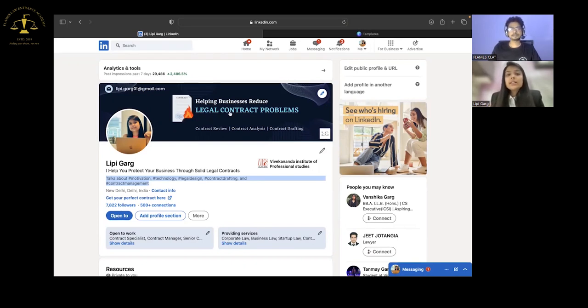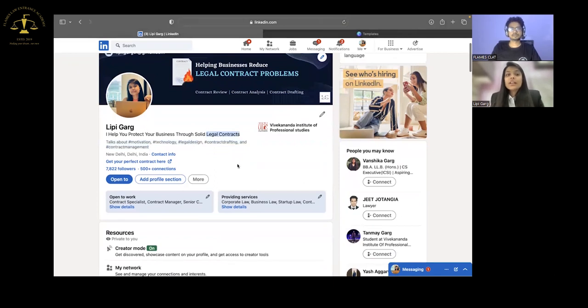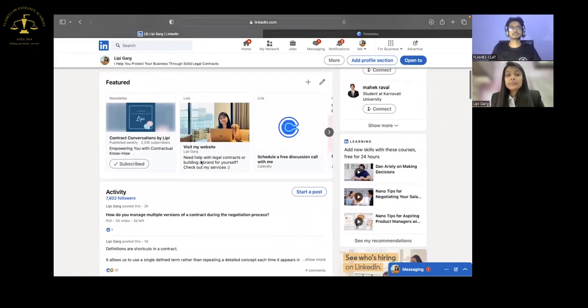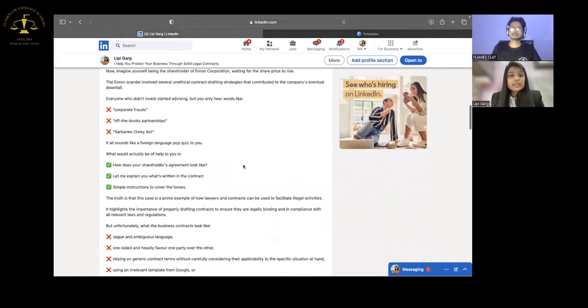So when you see here, I have written legal contract here, then again legal contract here, then here also contract drafting, contract management. Then in my about section also, you will see contract drafting.